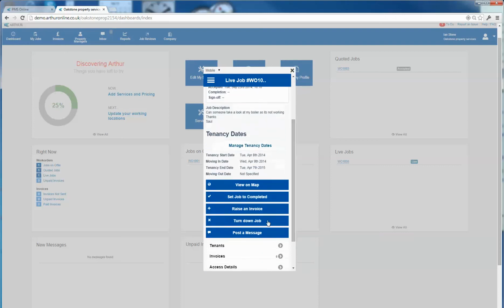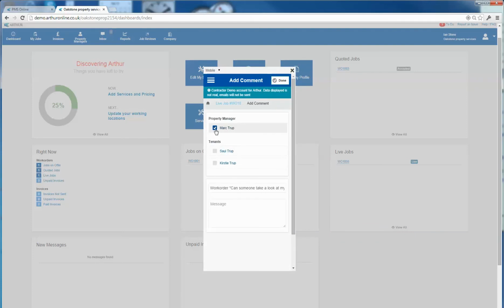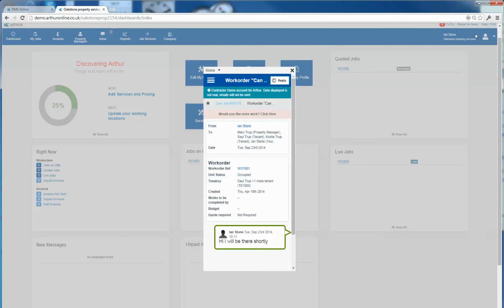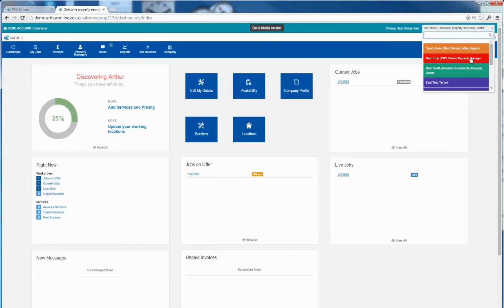But if the contractor wants to post a message to the tenant, you are always included in that. They can then post a message to the tenant with you CC'd on. Hi, I will be there shortly. Fine. So, if I now go back to the property manager,